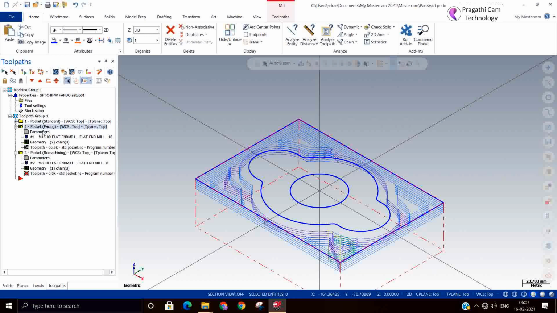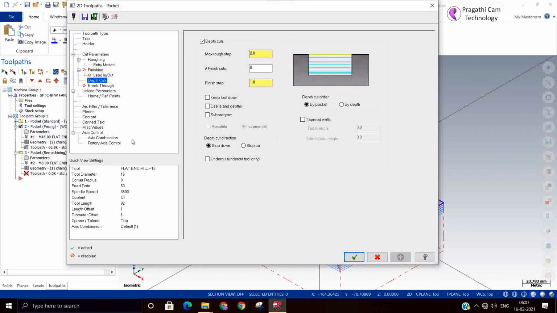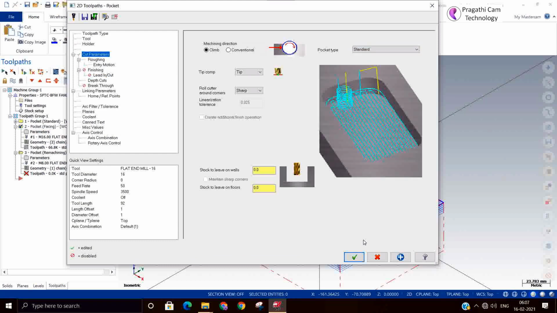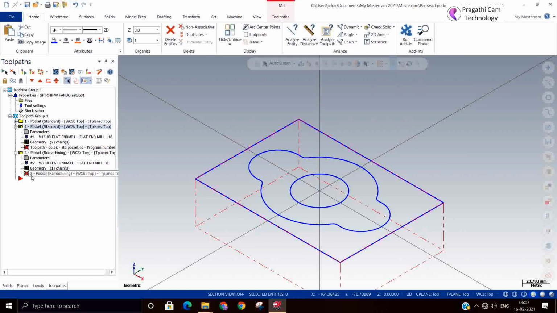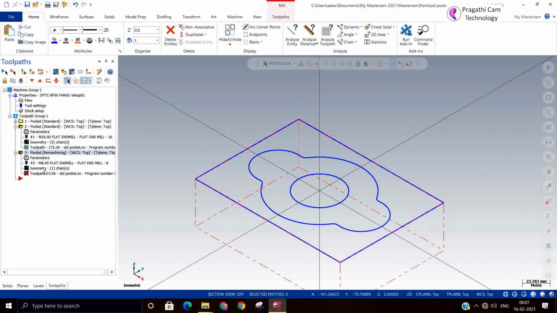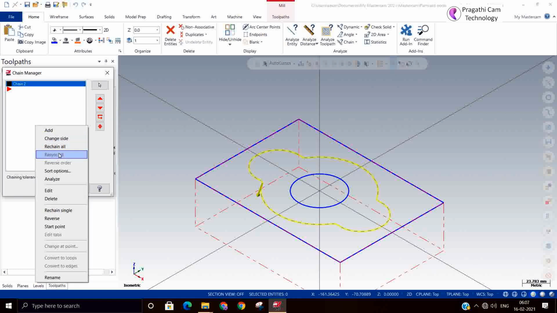If you take standard pocket, this will work nicely because the facing is not considered. If you select standard pocket, wherever the material is left by the standard pocket, this will machine very nicely. Deleted wrongly, but it considers only the standard pocket. The rest machining considers only the standard pocket.